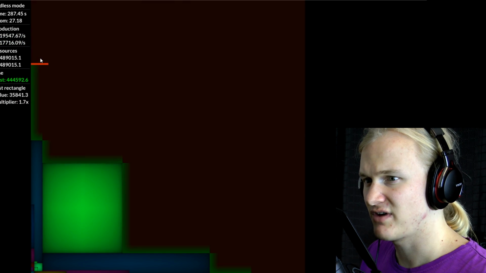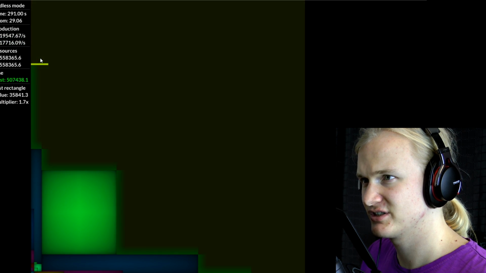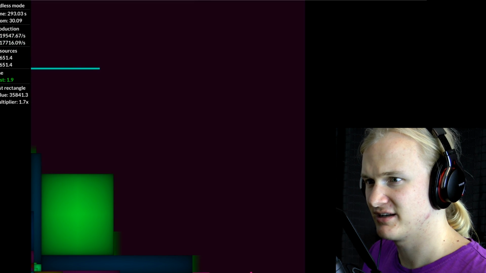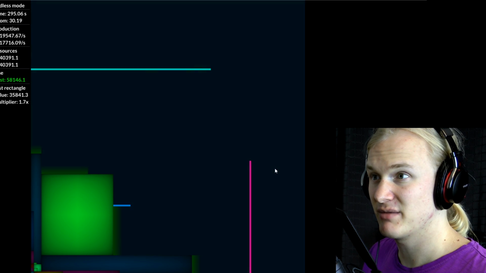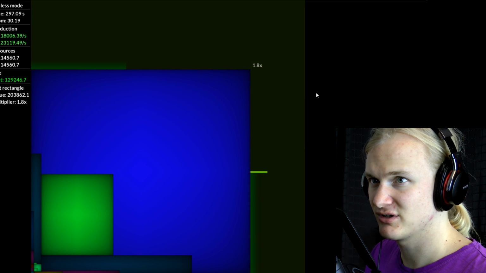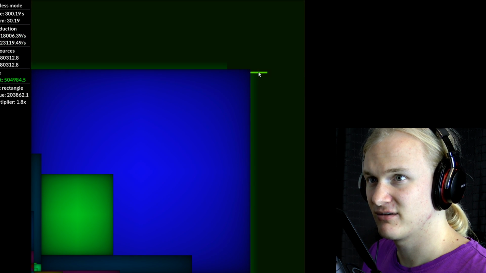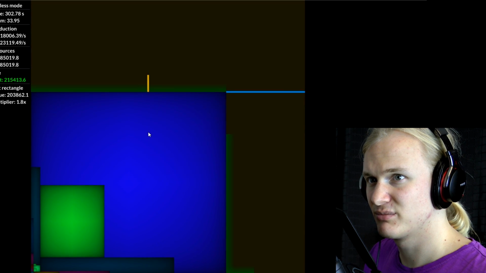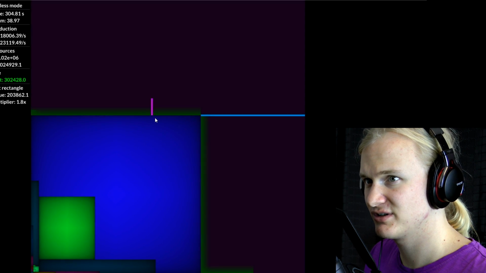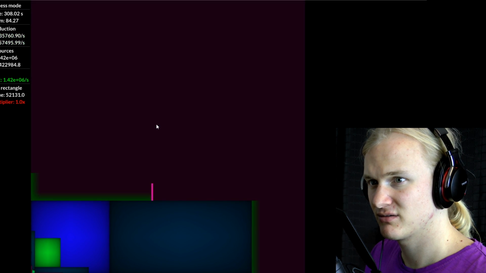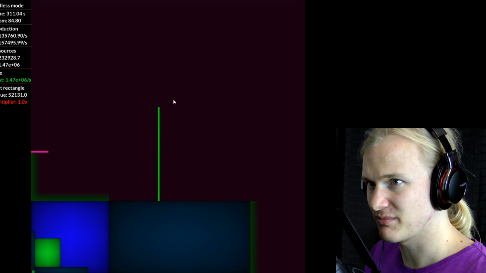So if I pay per line, then probably the best strategy is to just place a line here and place a line here. Or maybe not even to place that line down there, because we know if I just let that line run into the abyss over here, it'll eventually turn into a square anyway, into a rectangle, which feels to me like a bug.